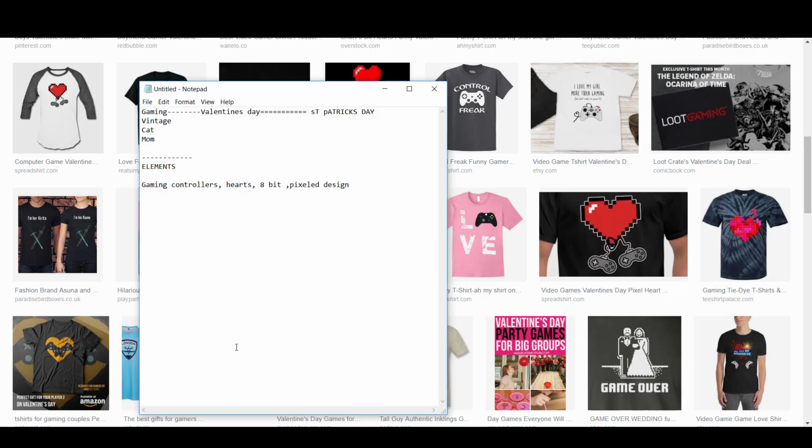So once your designs are ready and you have made all the designs related to those niches, again at the stage of uploading those designs and typing your brand name, titles, description, you have to use the same list of words that you have already created in order to find those niches and create those designs. So you will be using the words gaming controllers or hearts or 8-bit styles and pixelated design or distressed design. You use those words in your description or title, and hopefully you will get sales for those designs,